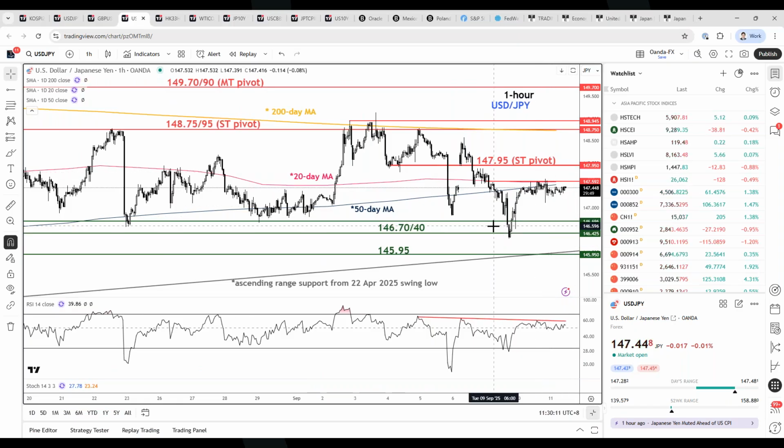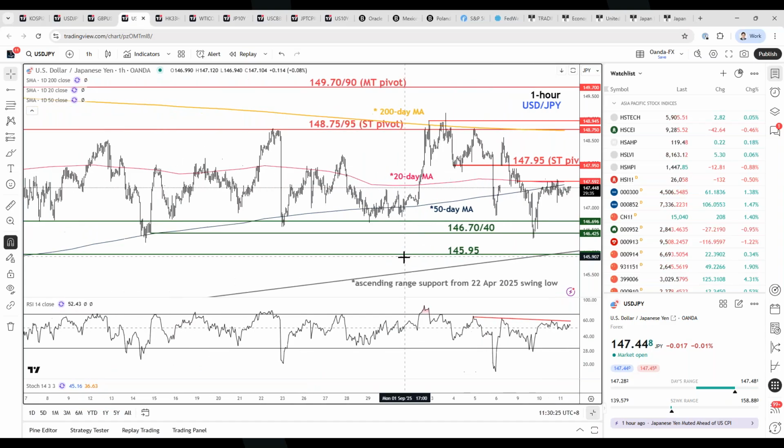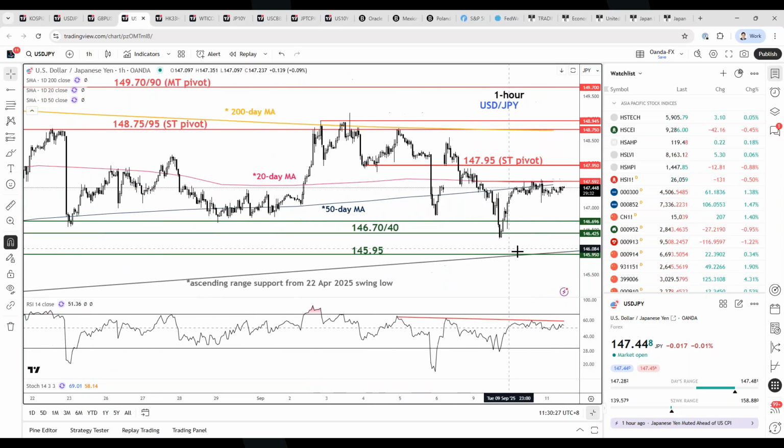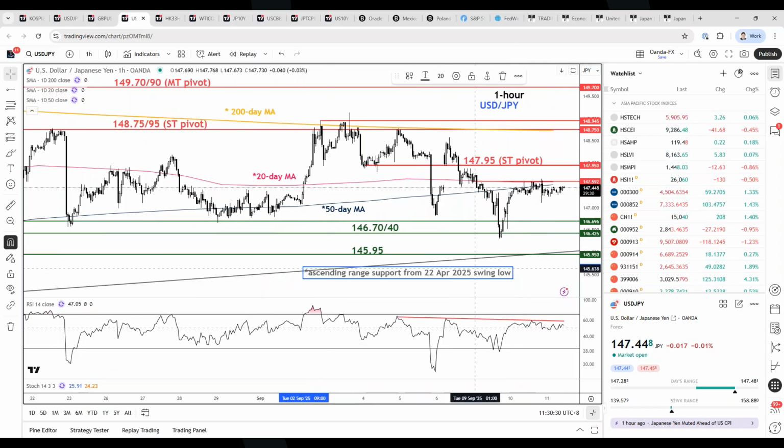First support level to watch will be the support that managed to bounce off on Tuesday, at 146.70 / 146.40. A breakdown below it will see the important medium-term support coming in at 145.95. So this 145.95 is now the ascending range lower boundary that has been in play for the dollar yen since the low of 22nd of April 2025. Only a bullish push up above 147.95 will negate today's bearish bias